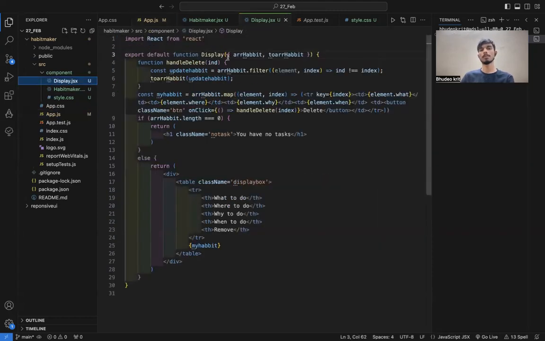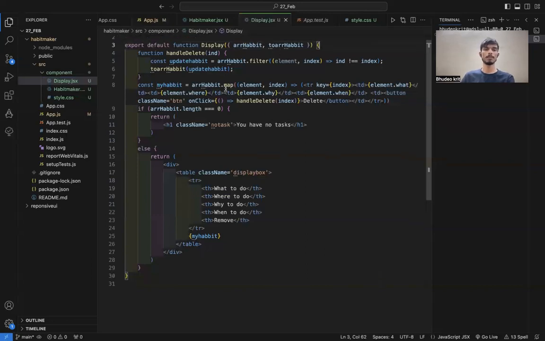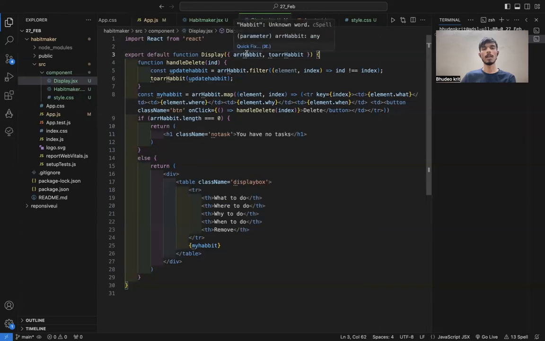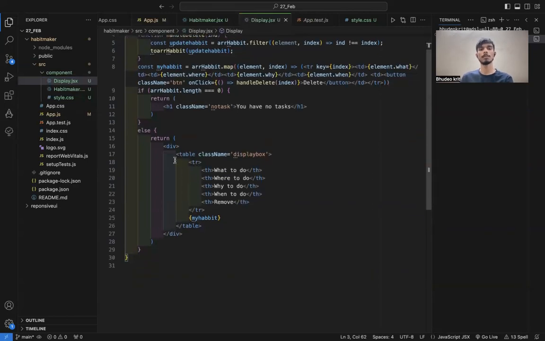Here I have used the prop and taken the functions array habit and to array habit. Array habit is an array, and to array habit is a function which can set the value of array habit. So first here I have